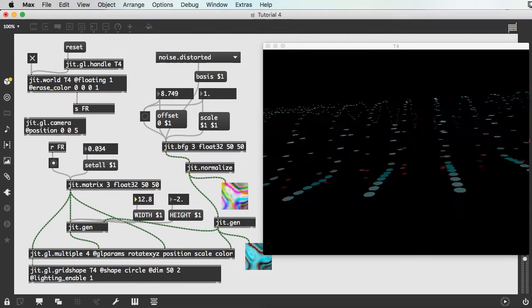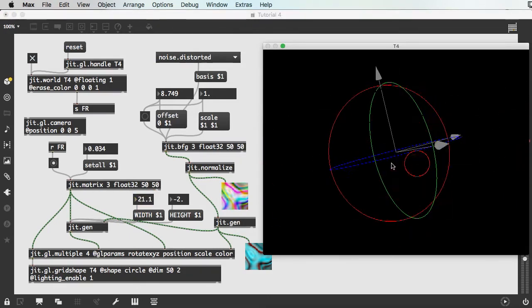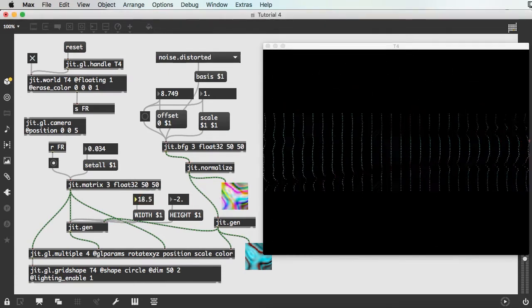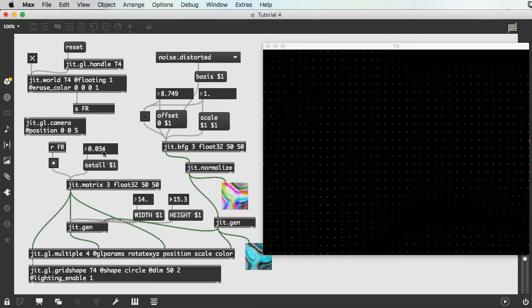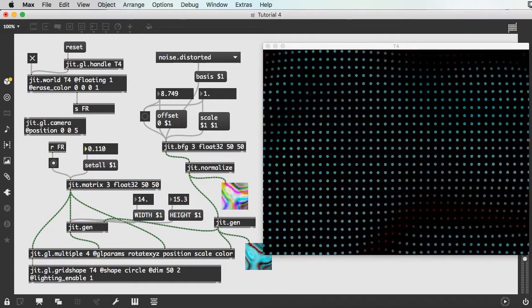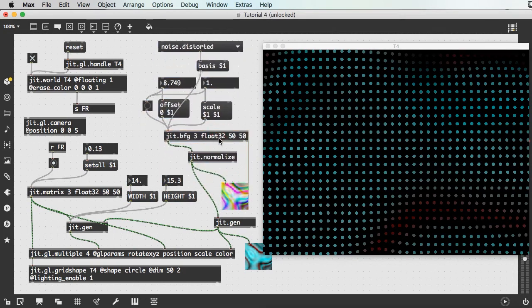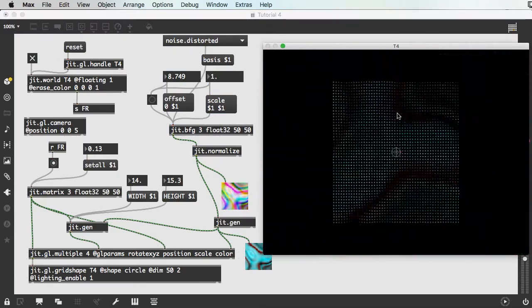So my width is still controlling my width, and my height is still controlling my height, and my scale is still controlling my scale. So I've got all of these factors interacting. And now that we've got this, we can continue to just make interesting connections and changes to the